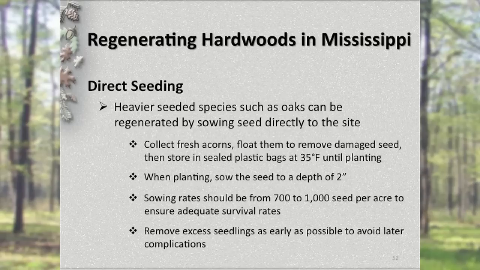But we need to remember that once we start good seedling development very early, at age 3 or so, we need to remove our excess seedlings, because if we don't, we're going to have problems later on. On numerous occasions I've seen 20-year-old stands that have been direct seeded, with way too many trees on a per acre basis, and it's very hard to do anything with these trees other than remove rows of trees.